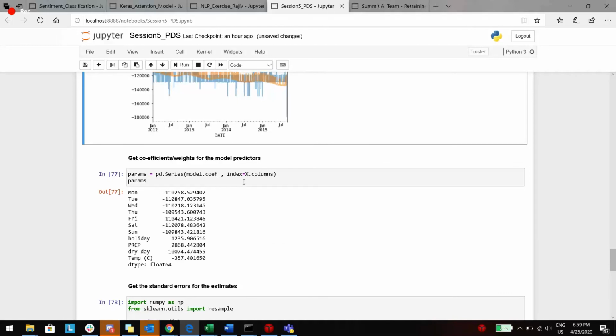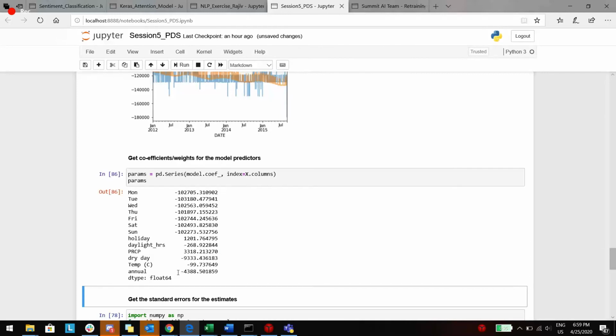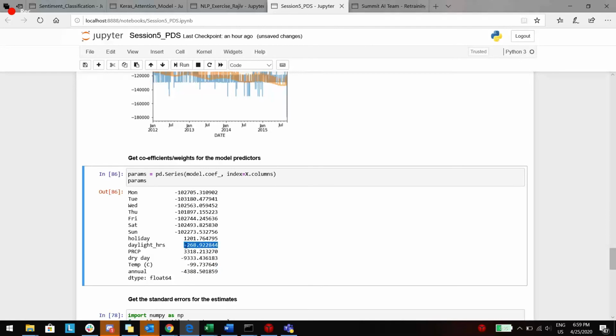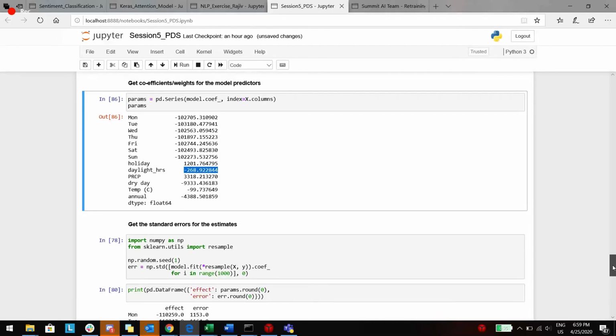Now if I look at the coefficients for predictors, you'll see these new variables are added, and they are causing a significant change in the prediction coefficients, sorry.